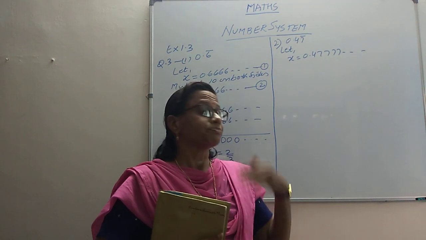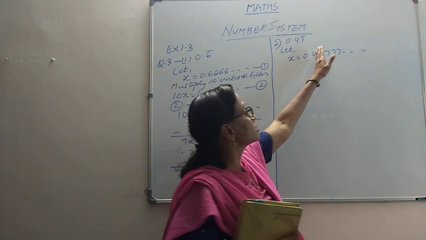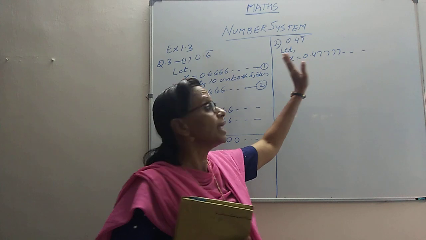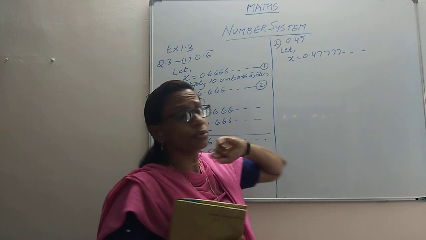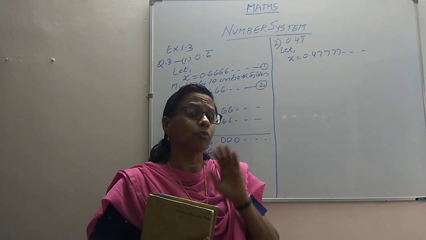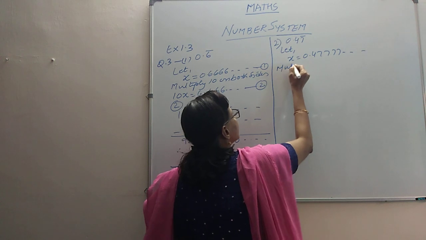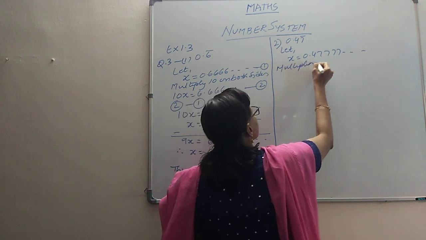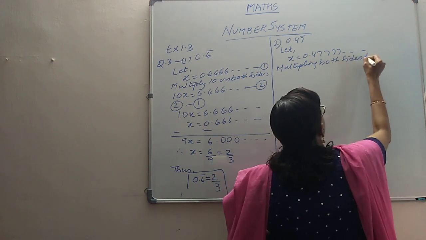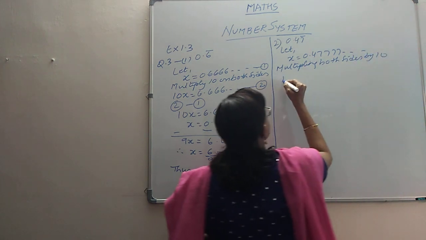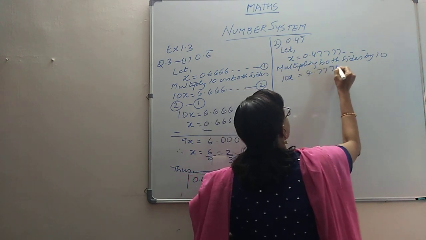We don't like it. So what we will do is multiply, and we will try to make this 4 go to the whole number part, and let the decimal part be made up of only the 7. In order to do this, we are going to multiply both sides by 10. So in order to get it into our convenient form, we are multiplying both sides by 10. So here it becomes 10x, and the 4 goes to the whole number part, and this becomes 4.777